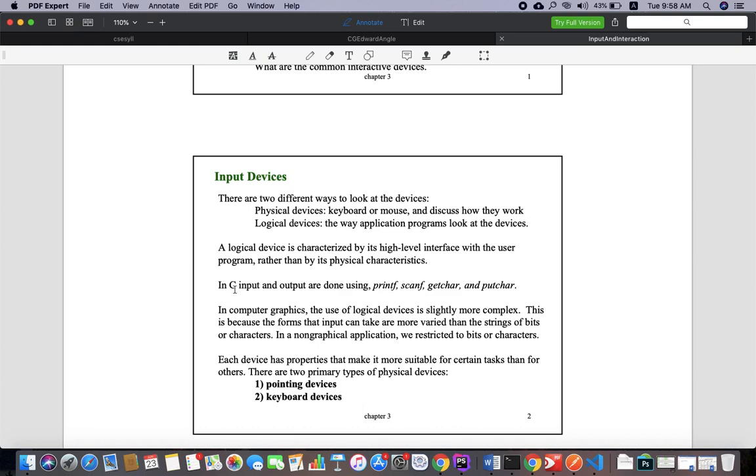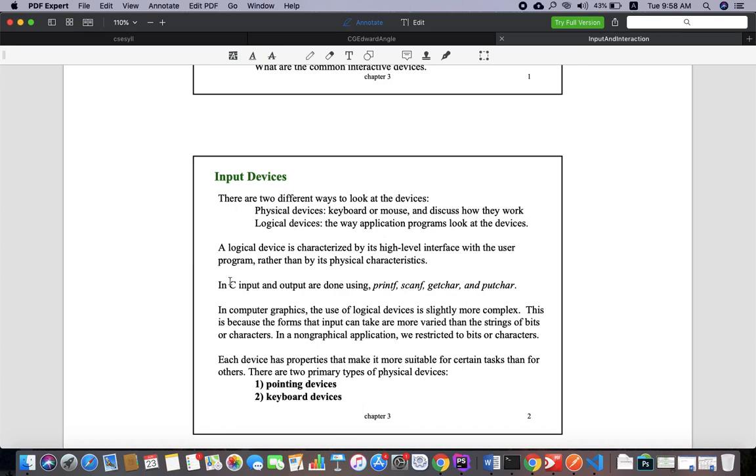Now if you take a C program, the logical devices can be a set of functions like printf, scanf, right? Scanf and getchar are the input functions, and printf and putchar are the output functions. So there might be different logical devices in a C program, but the logical devices in computer graphics are slightly more complex, slightly different.